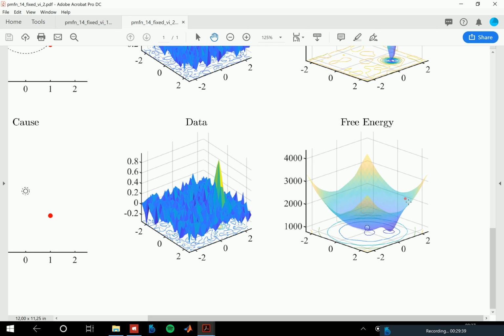So what I try to do with this figure 15.7 is to show that it's not as perfect as sometimes